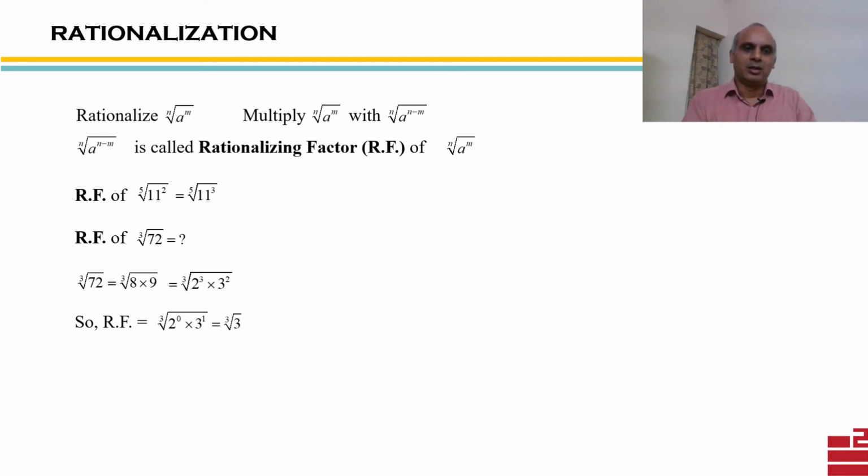Okay. Alright. What will be RF of this? Now a slightly bigger, more general number, where a, b, c, assuming they are prime numbers, what will be the RF of this? So again applying the same rules, I will get this. 7th root of a cube b4 c square, the RF of that is 7th root of a4 b cube c5.